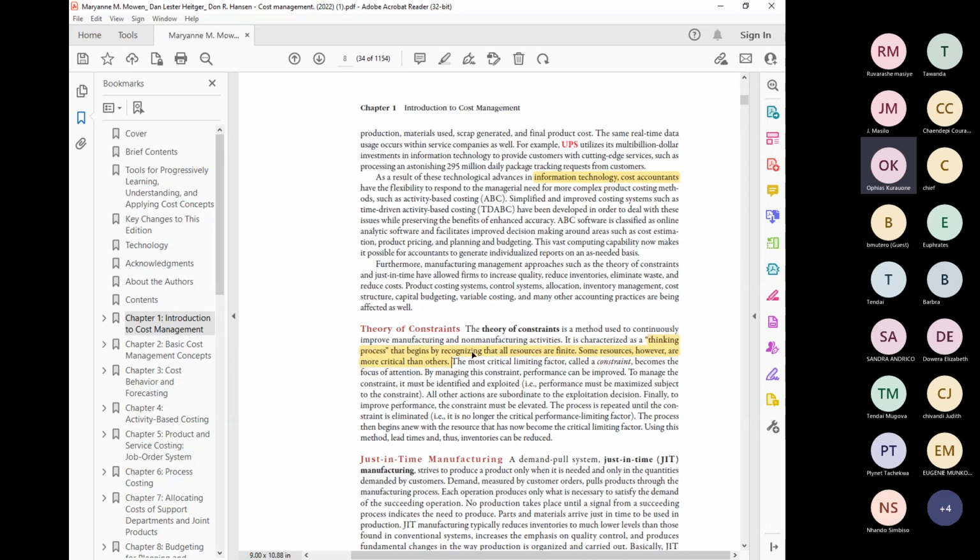Some resources can rise to what we call a limiting factor because they are the major components. Those resources are needed. If they are not available, the production cannot take place. But if those resources are available, then the production can take place. So we should understand all this as accountants. We need to understand that some resources are limited. That's why we come up with the limiting factor,